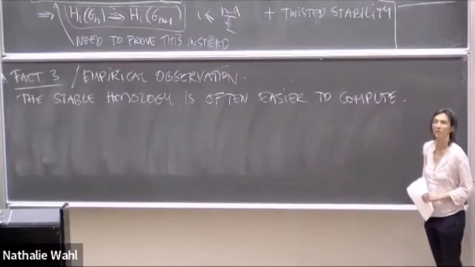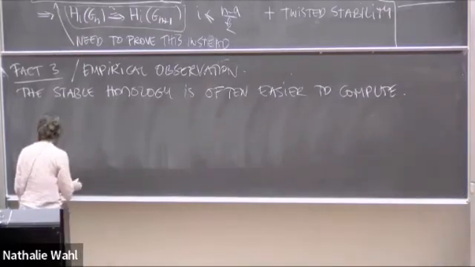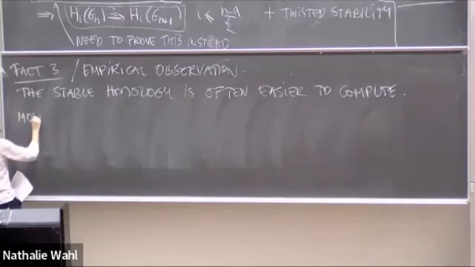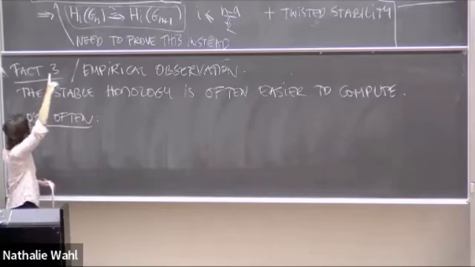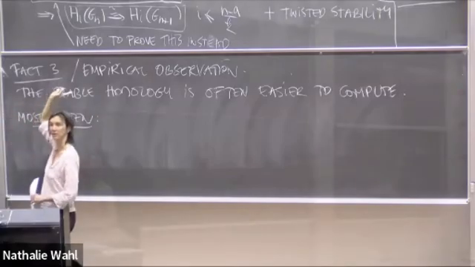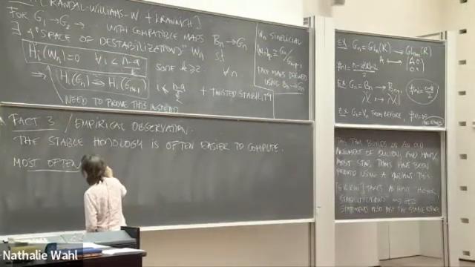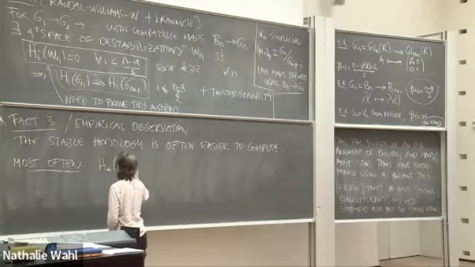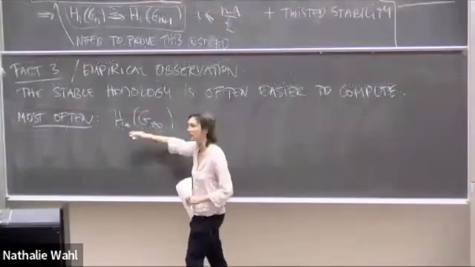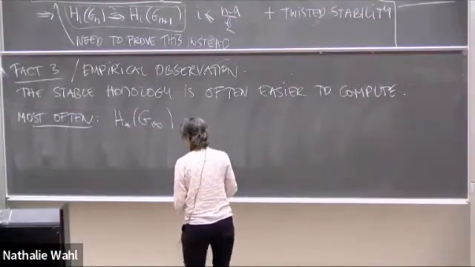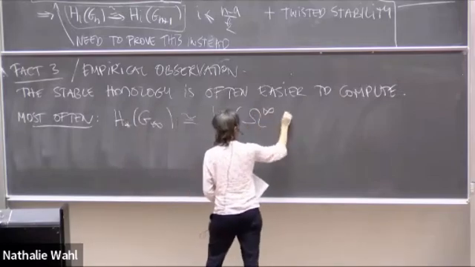So one thing one can actually say, which is more of a factual type, is most often, by which I mean under slightly more restrictive assumptions than the ones I have above here in the theorem, that the stable homology, so the part of the homology that the groups tend to, is the homology of what we call an infinite loop space.